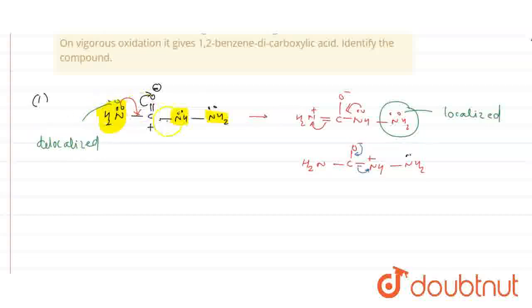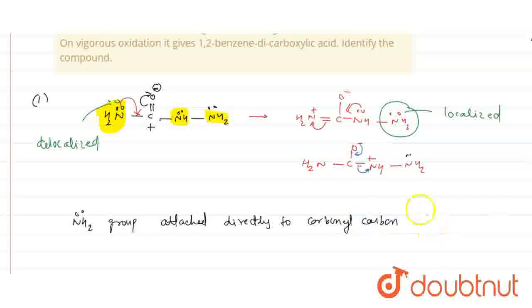And this is the reason. Delocalized lone pairs have less electron density and will be less nucleophilic. So now I am writing the explanation. The NH2 group attached directly to the carbonyl group, the carbonyl carbon will be in resonance,